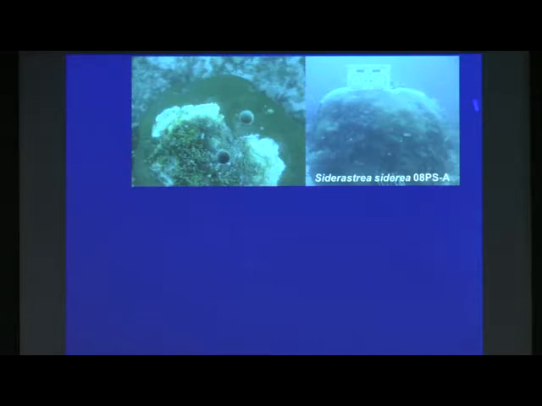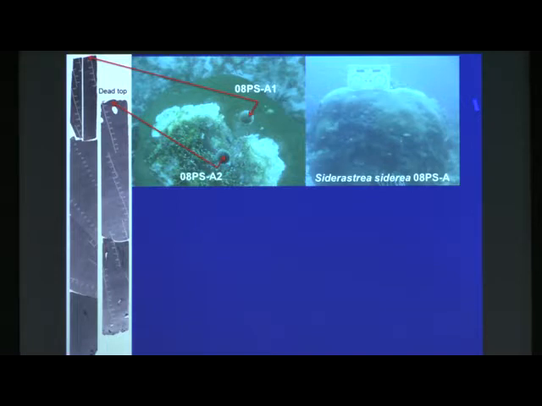This particular colony was dead on top, so you can see there's fire coral growing on the top. From that central vertical axis, we took 1 core from the center there, but this core is going to have an unknown date at the top. So to bridge this area where we have missing coral, we took a second core from off the side through the live portion of the colony. So these are the 2 cores collected from the 08 PSA colony. One with the live top, a very long core going back through time, and then the second with the dead top.